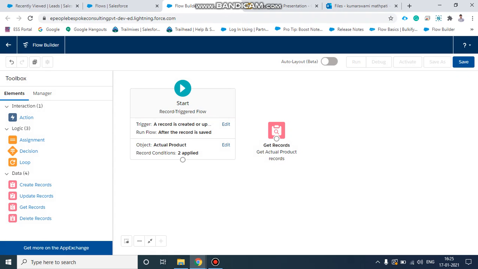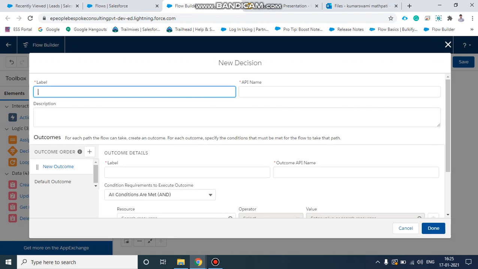Click done. After that, make a decision: the fetched record should not be null. Whichever query we fetch, there should be a child record.